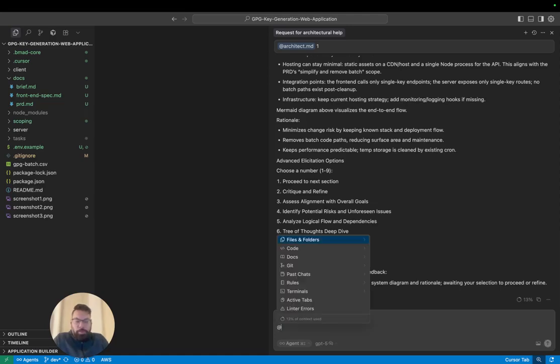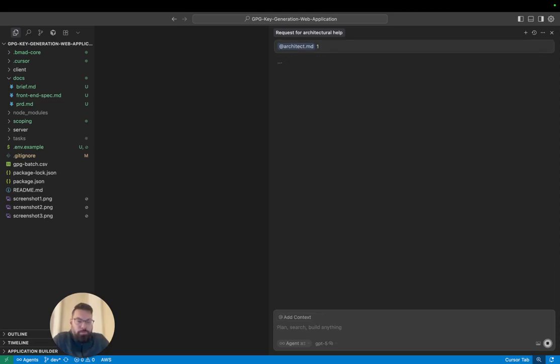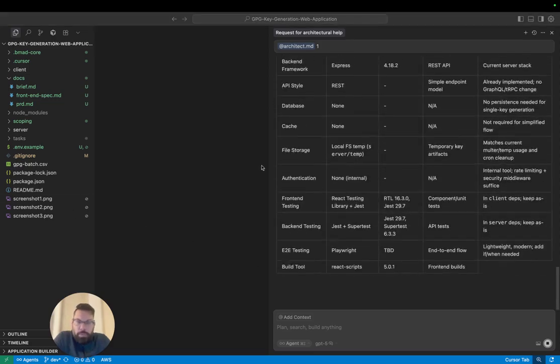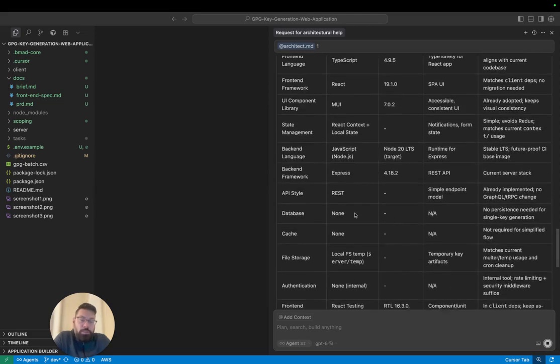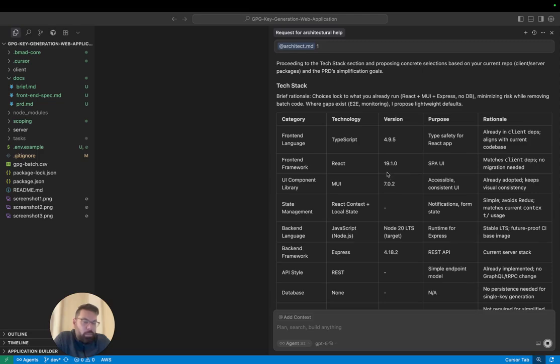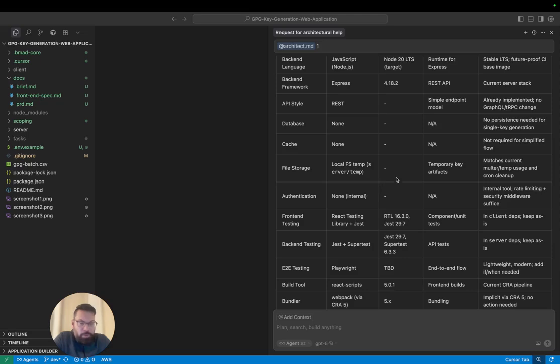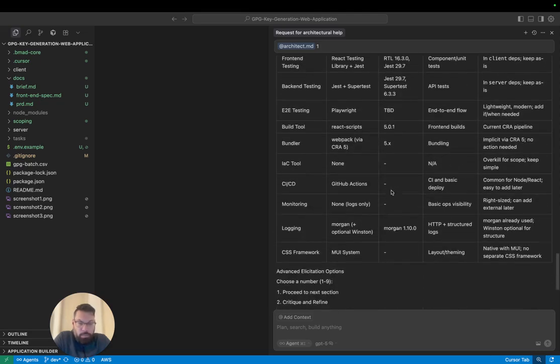But for this purpose, I'm just going to keep things simple. I'm going to go ahead and go next on this, go with 1. So it's now moving forward. Now it's spitting out versions of all the technology stack things. The front-end language, it's going to use version 4.95. That's what it's recommending. Obviously, you can ask it to change these to other versions, everything from lots of stuff,